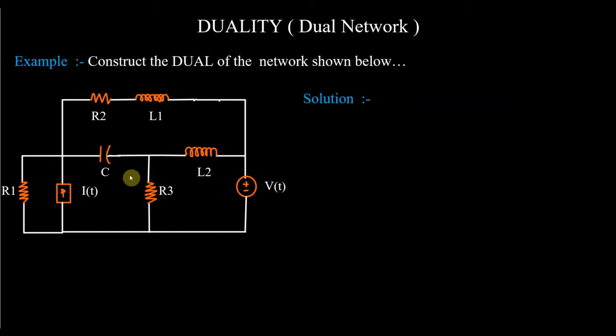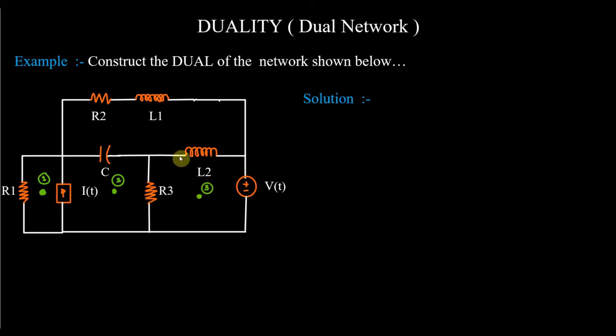are there. Here you can see that this will be representing the first mesh. So I will give this the number 1, and inside that mesh I will make one dot, and that dot will represent the node here. I will give the name, this will be your first one. Similarly, this is again a mesh, so I will give this mesh number 2. Similarly, this again represents a mesh. You can see that it is a closed path. So I will say this will be my mesh number 3.